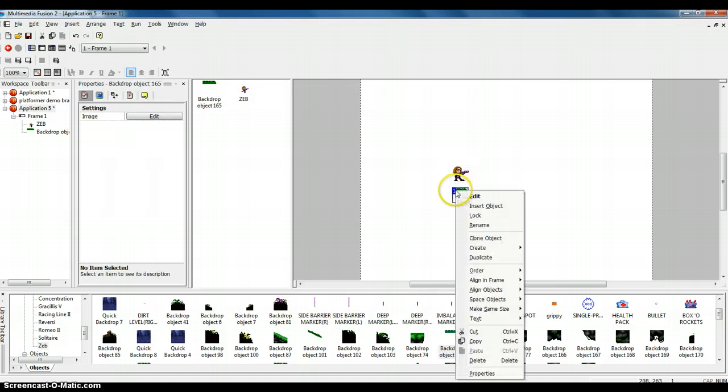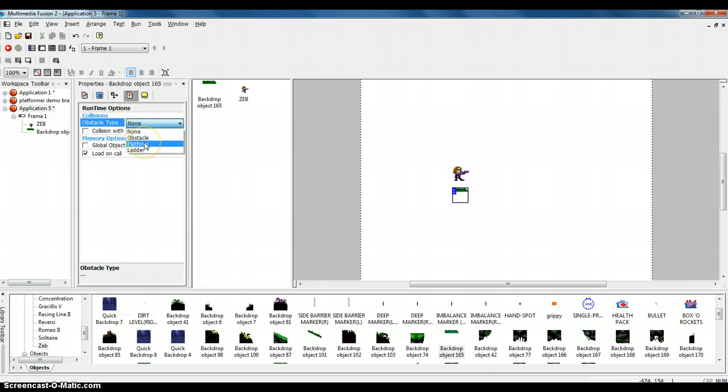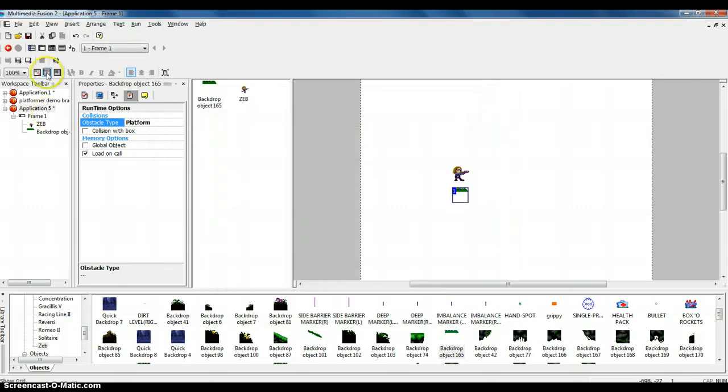So I need to click on the platform, select it, and go over to your runtime options over here in properties, and go into obstacle type and set it to either obstacle or platform. We can just use platform for now. Now if I hit F7, still falls through it, but if I go into my event editor,